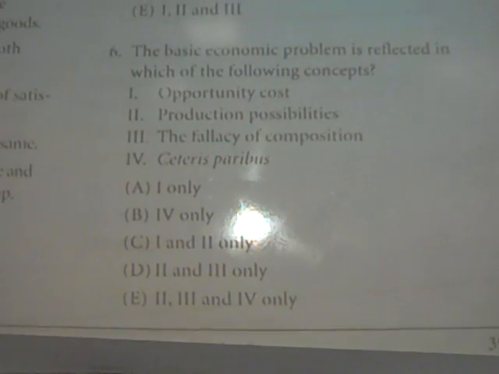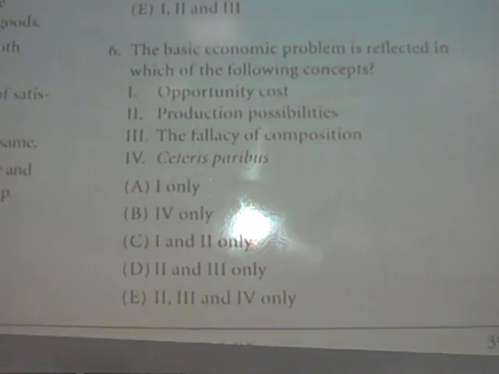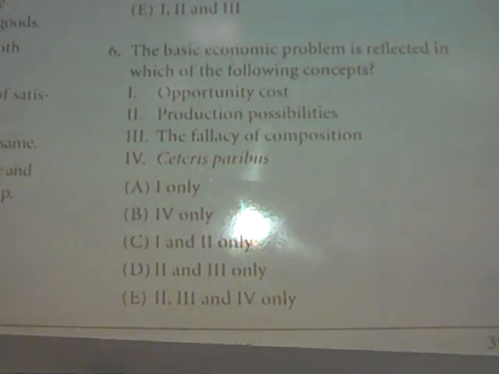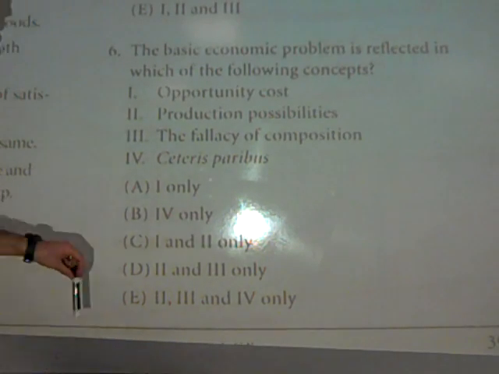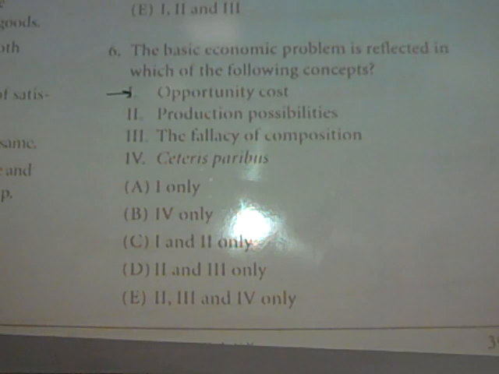All right. The basic economic problem, which is unlimited wants and scarce resources, which leads to opportunity cost, which leads to decision making. So let's see which ones of those are on the list. You can see the basic problem of economics and opportunity cost. You can see it on the PPC. The fallacy of composition is something totally different. We'll run down those as soon as I finish those questions as major fallacies.